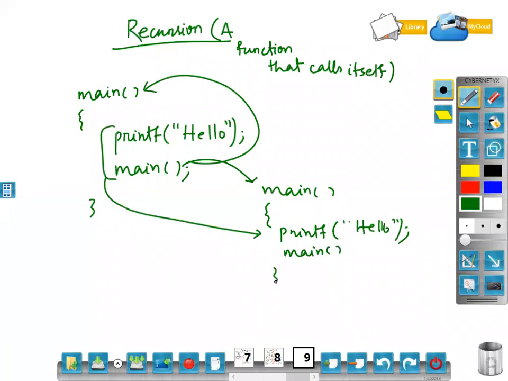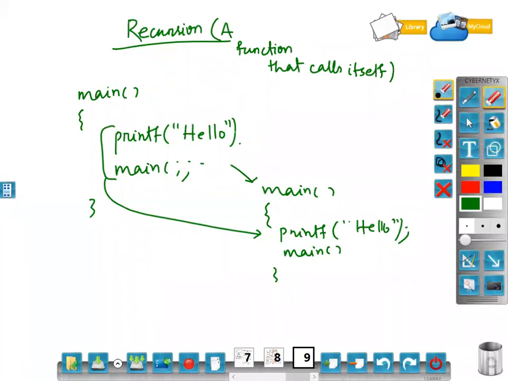So it doesn't mean that one function calling itself calls the same body. No, the same body it never executes. It calls another body, and another body means the same code will be replaced in another place.